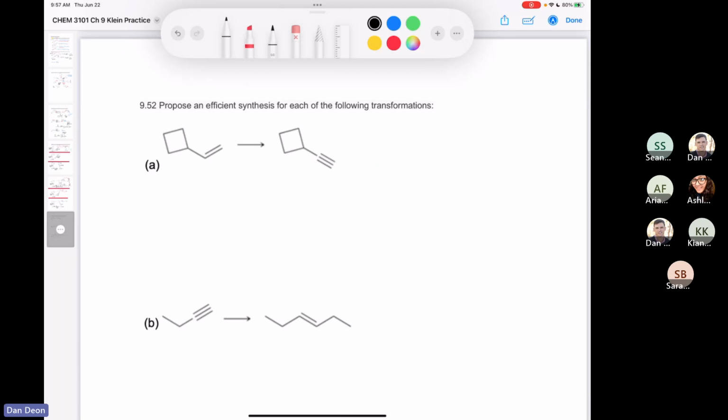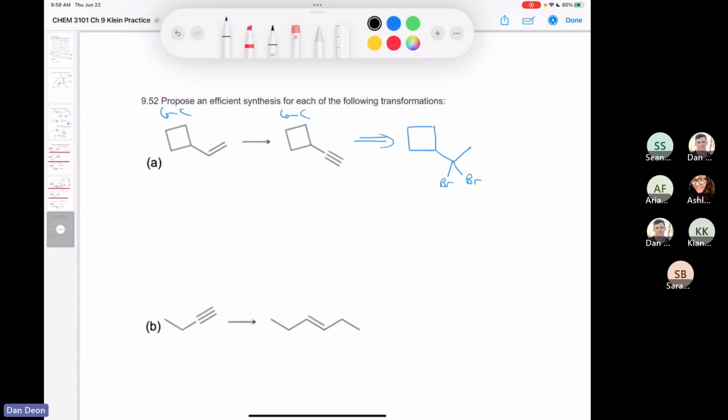So if I'm taking an alkene and I want to make an alkyne, well, the only way that we know how to make an alkyne with no change in the carbon skeleton, because here I have 6 carbons and here I have 6 carbons, this has got to come from a geminal dihalide. So let me write it out like we could do HBr, okay? And we know that if we do excess sodium amide followed by treatment with water, we could get the alkyne. So how do I make the geminal dihalide? Well, that's just a Markovnikov addition of